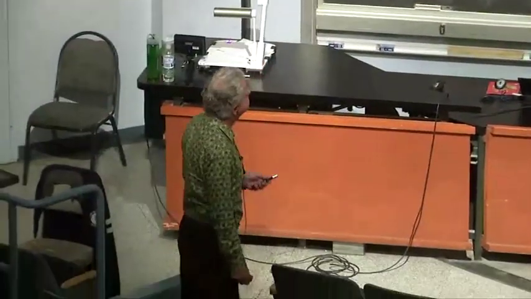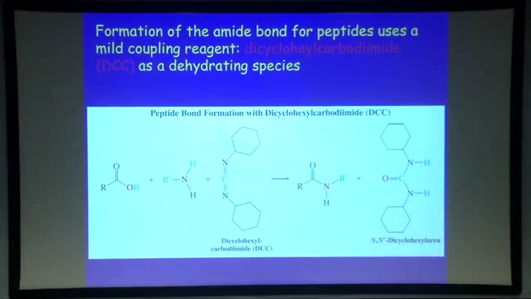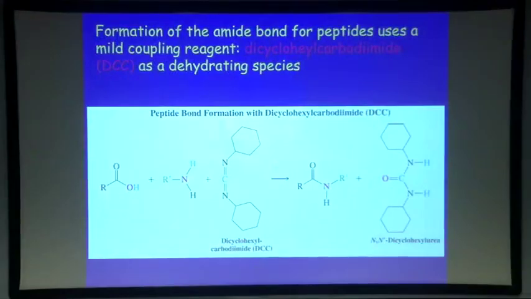the coupling. And the reagent that's used there is this guy here. It's called dicyclohexyl carbodiimide. We've seen guys like this before. It's a bisimine analog of carbon dioxide. Okay? So that carbon is quite reactive. It's quite electrophilic. Okay? And the cyclohexyl groups are put in there to make it soluble, and more importantly, this